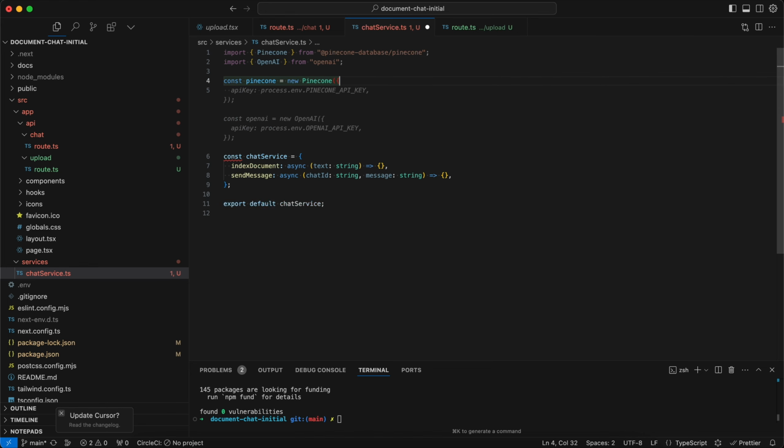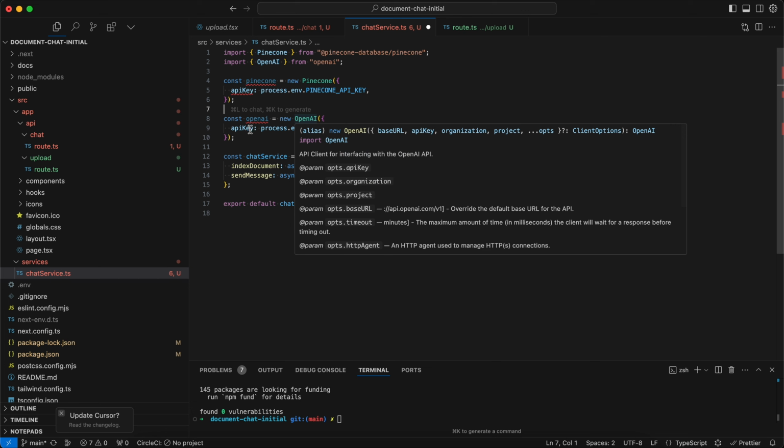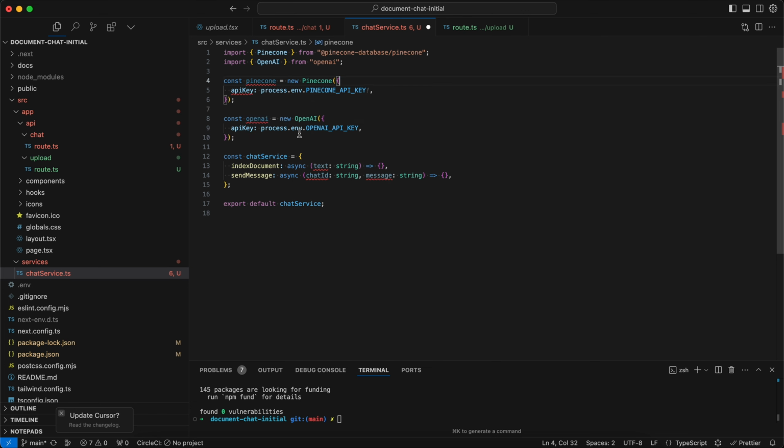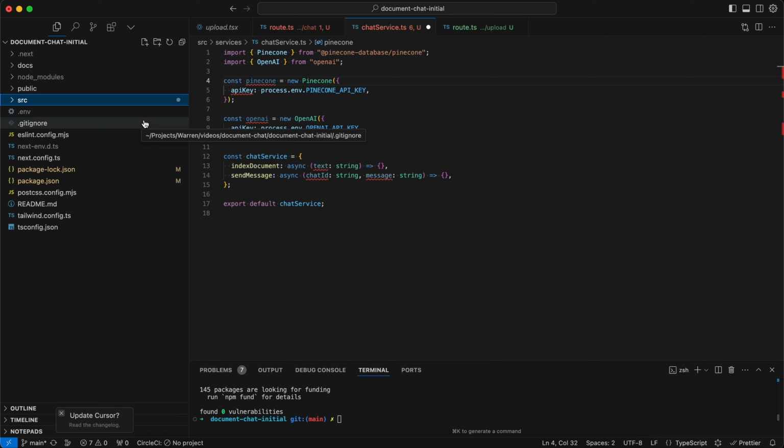Let's create a new instance of Pinecone, passing across the API key, and then a new instance of OpenAI, again passing across the API key. So these two have pretty much identical APIs to initialize. Now I've already got my environment variable set, but you will need an environment variable for Pinecone DB and an